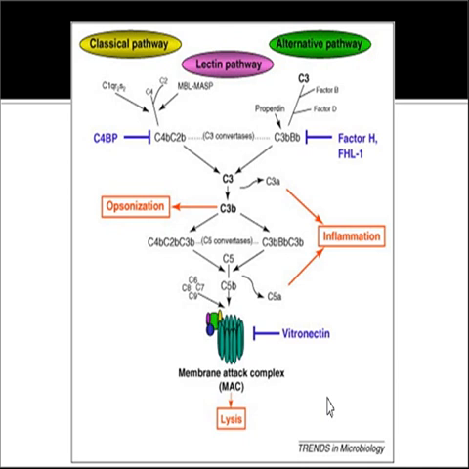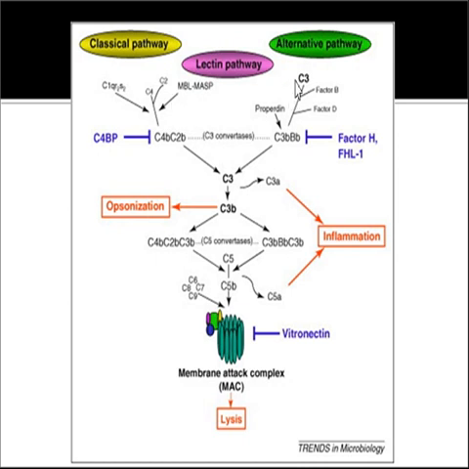It is on the basis of their discovery that they have been named C1, 2, 3 up to 9. Now, the first pathway is the classical pathway, which is initiated when C1 binds to the antigen-antibody complex. Then the alternative pathway is initiated by the binding of spontaneously generated C3b to activating surfaces such as microbial cell walls. The last one, the lectin pathway, is initiated by binding of the serum protein mannose-binding lectin, MBL, to the surface of pathogens.